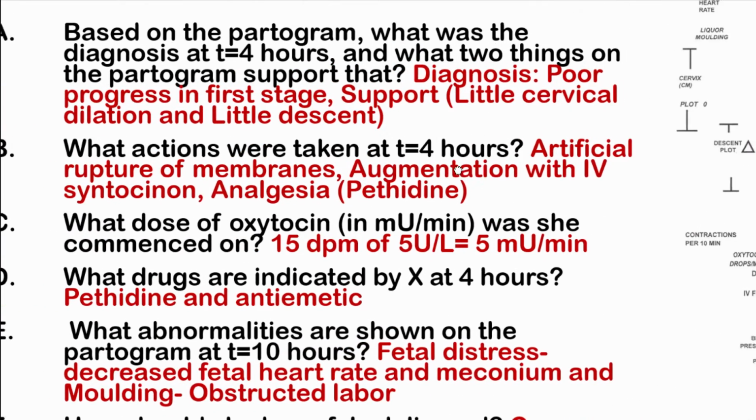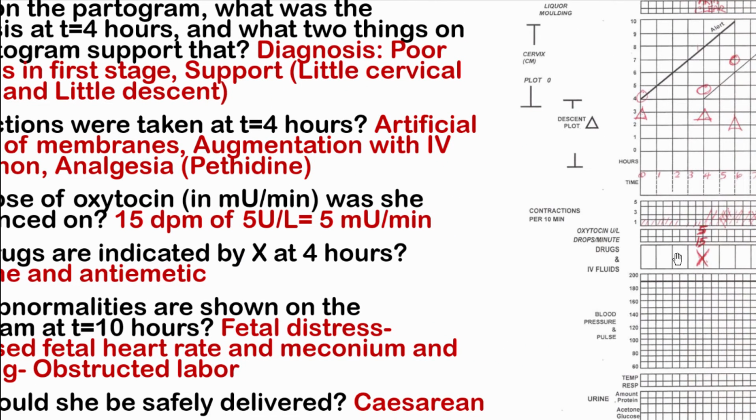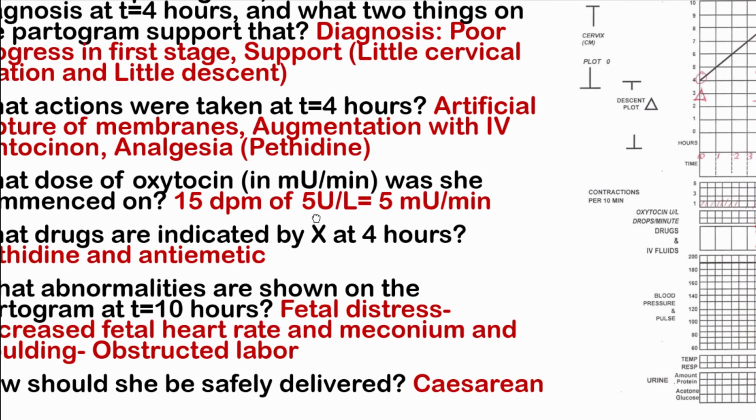Then what dose of oxytocin in milli-international units was given? So here it's recorded that this woman is given 15 drops per minute of 5 international units. So it means it's being given at 5 milli-international units, 5 milli units per minute rather. So you just simply divide 15 divided by 5. Then